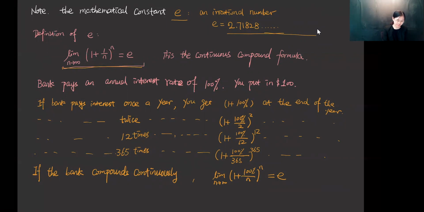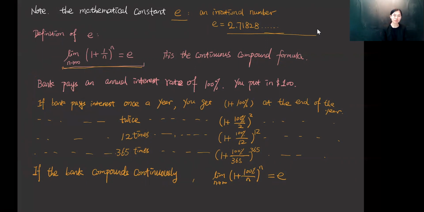And this is the definition of e. And this definition is called the continuous compound formula. Compound comes from compound interest. So it has a basis in